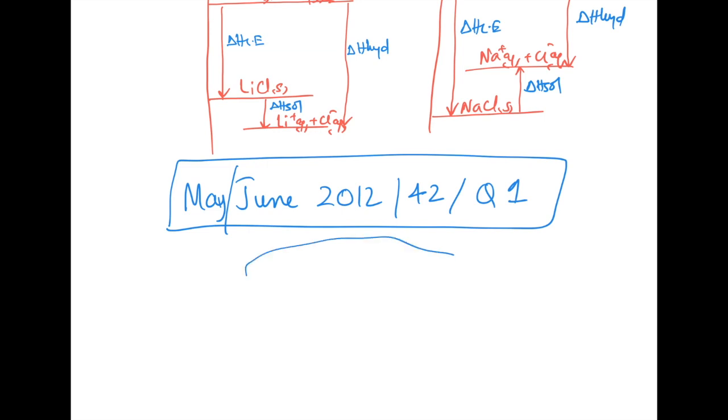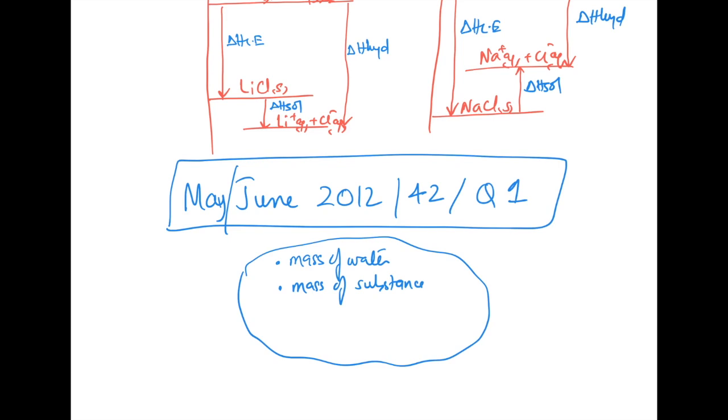Just remember that whenever you have to find out enthalpy of solution in the laboratory experimentally, right? For example, you must know mass of water, you must know mass of substance whose enthalpy of solution you're finding out. You must know the initial temperature. You must know final temperature. I think these four are the measurements which are actually required every time if you have to